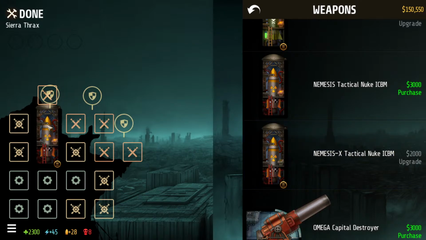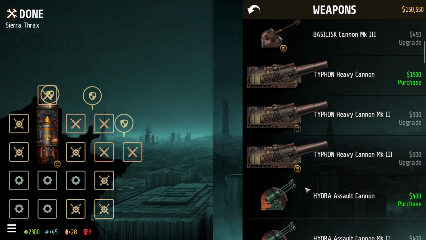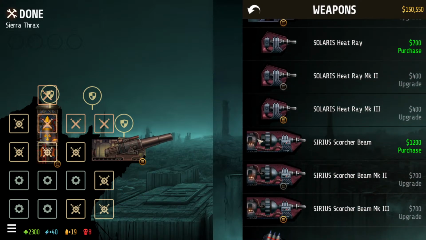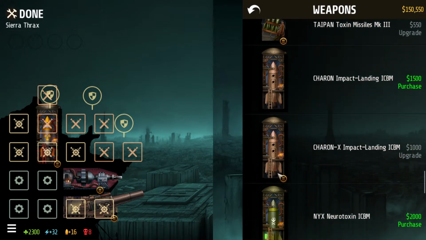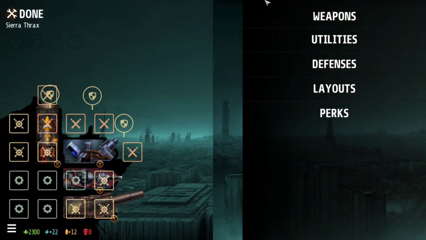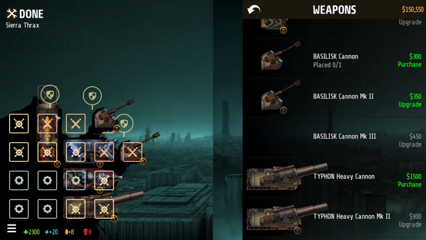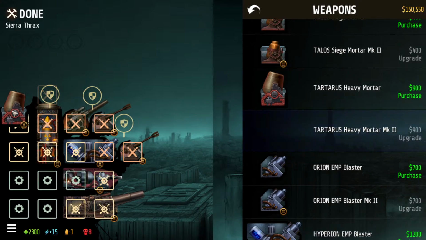Destructor silo, so I'm definitely going to need to put the ICBM somewhere. Maybe a Typhon here. No, maybe Typhon is better at the bottom, because Typhon gets buffed if you put it on the bottom, because of how fast the missile goes if you shoot up in the air. If you shoot enemy utilities or weapons that are located higher than the Typhon. It's probably a bug, but